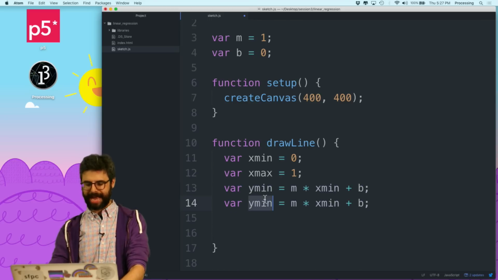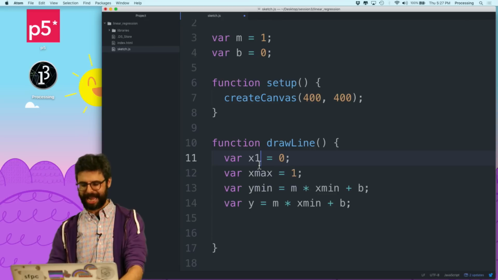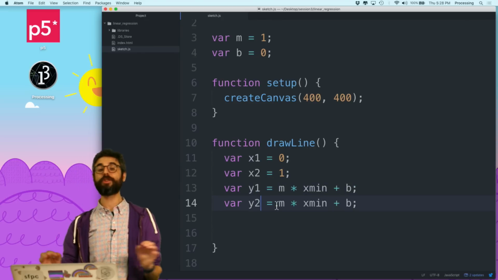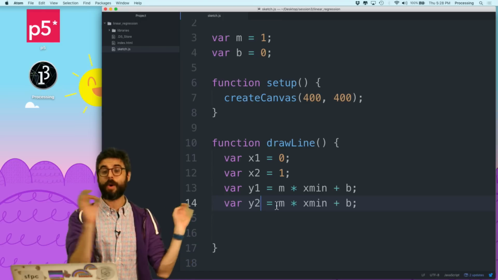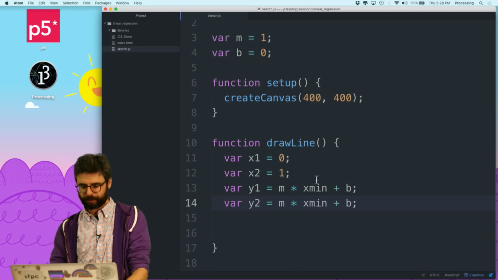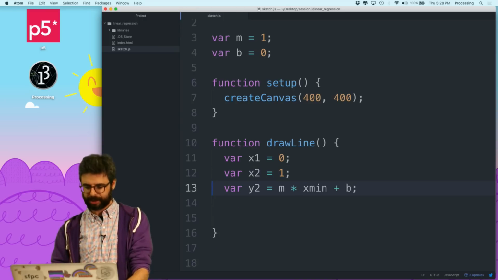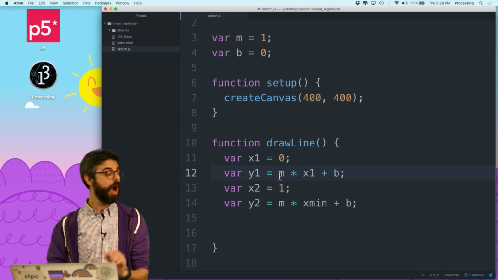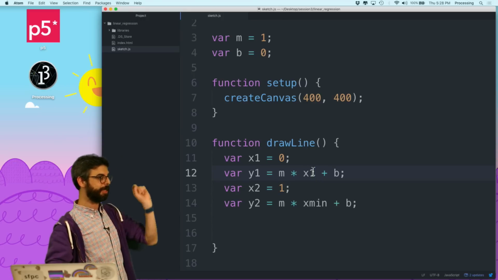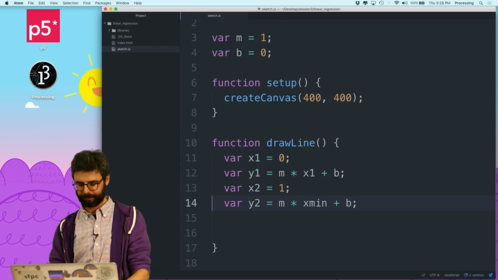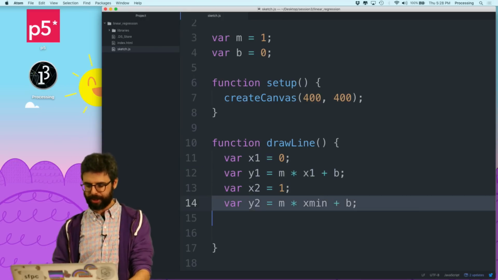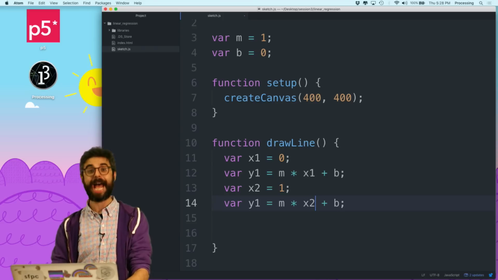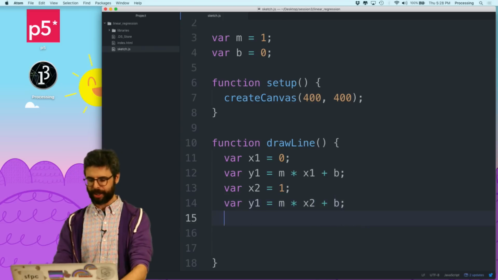And y max, you know what, this is really just like x1, x2, y1, y2. I'm really trying to get 2 points, x1, y1, and x2, y2. So in fact, this would make more sense to write it this way. y1 equals m times x1 plus b. And y2 equals m times x2 plus b. And now all I need to do is say stroke